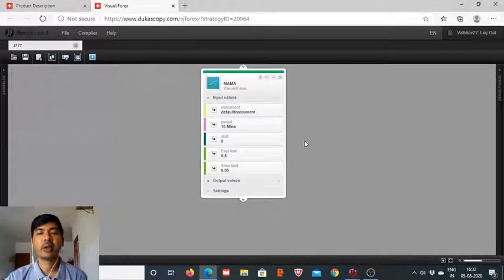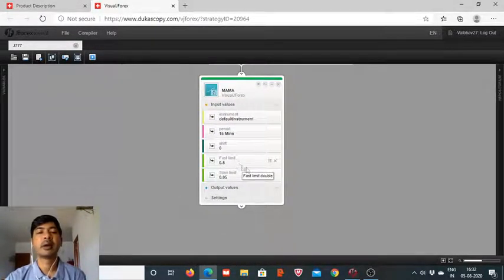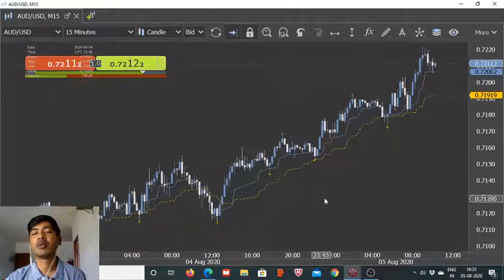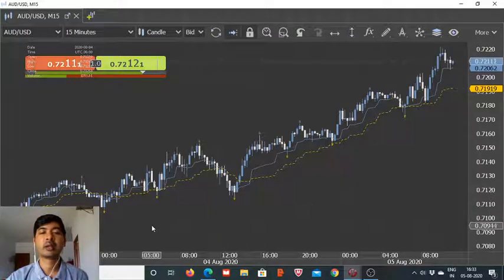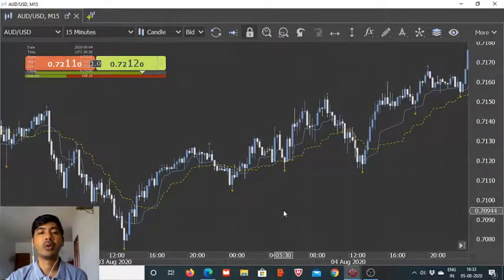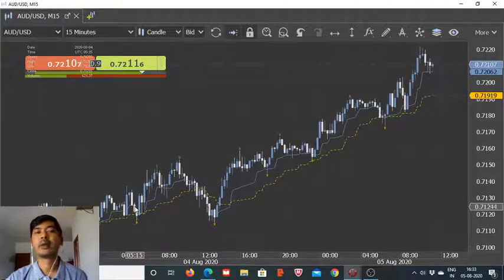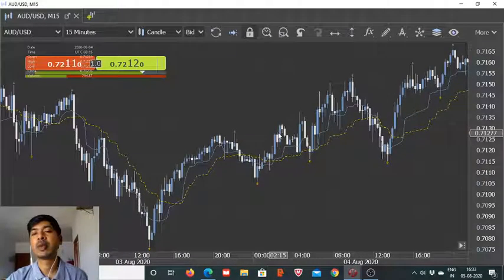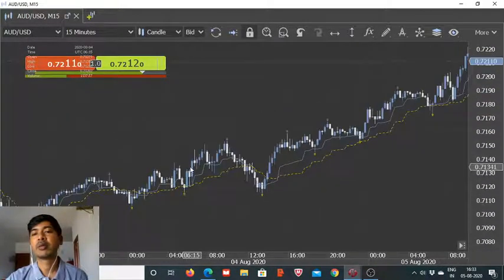Now we have to define all these variables, and I have just shown you if we simply change this input value, then also that will result in a big change in the output value, and that's why we need to be careful. But so far, as I am able to see from the chart, though here the reversal happened pretty early, and at that point in time I don't think many people have the idea. So in such instances, what we can do is we use multiple combinations, and then see which combination works best,